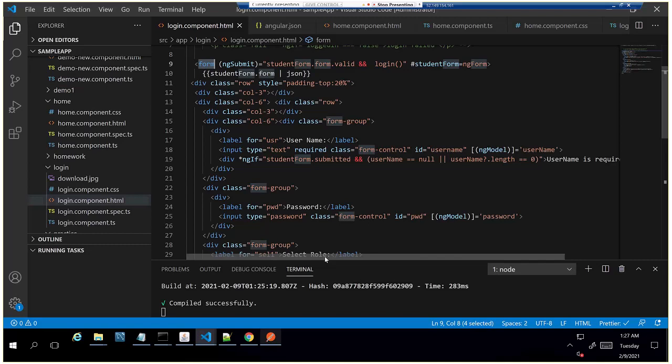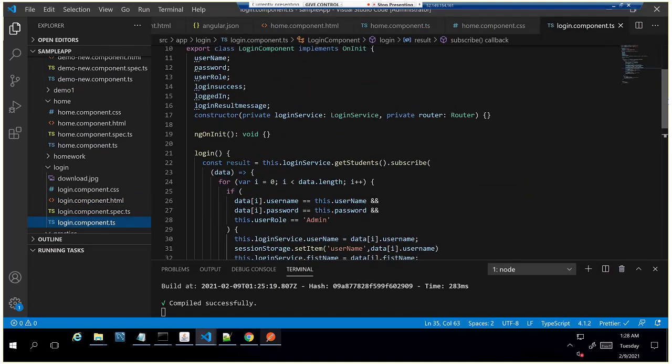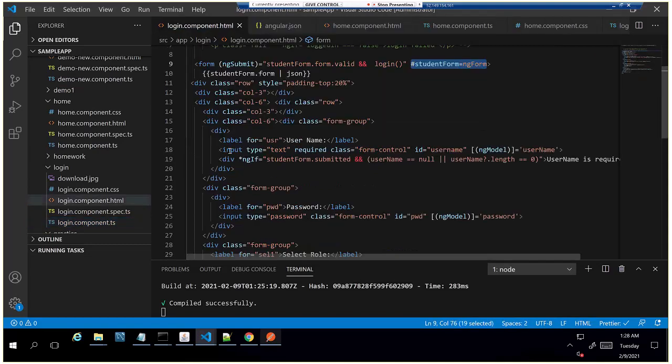Yeah, one is template driven forms and the other one is reactive forms. The concept is the same. We use form group, and inside our TypeScript business logic we create the controls we need to use. For login, we have controls for username and password.